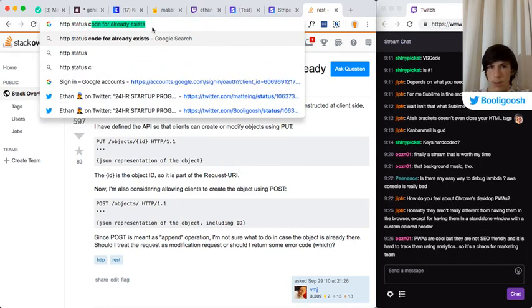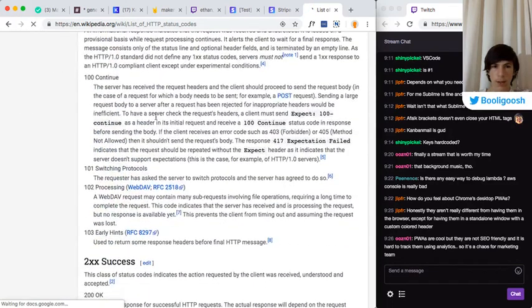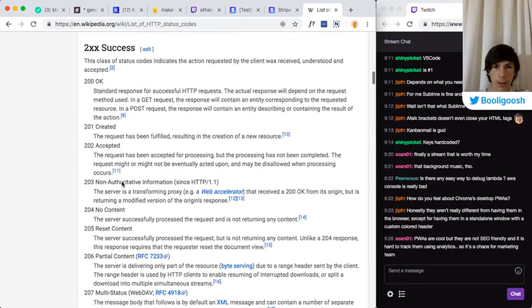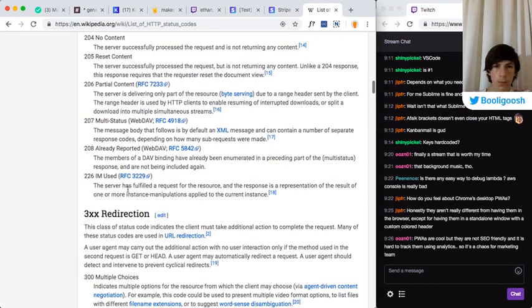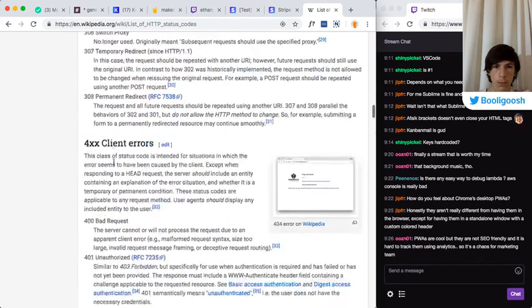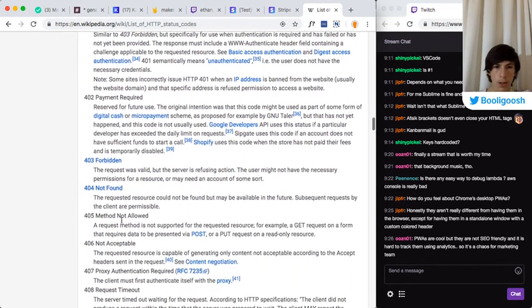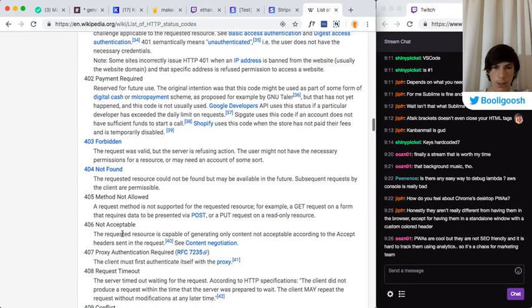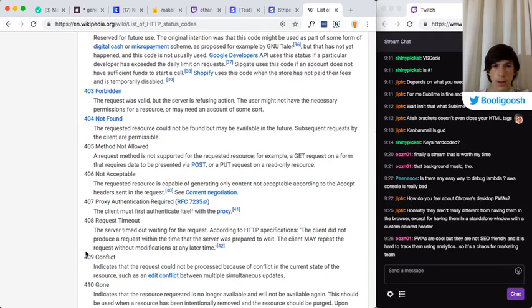HTTP status codes. Yeah, it's client error. Unauthorized, nope. Method not allowed, nope. Not acceptable, no, we don't want that. Which should we go with?